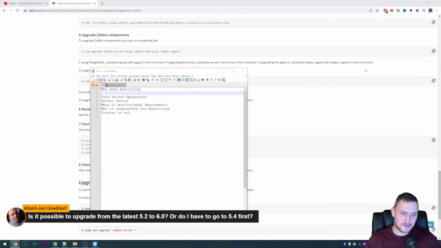And starting with Zabbix 2.2, there is an automated upgrade, so you just download the recent 6.0 and run the upgrade. But of course, it's still very complicated. You really must go and check all the release notes for all the versions of Zabbix to be aware, because if you're upgrading from 2.2 to 6.0, that is going to be an absolutely different product, and you will not recognize it at all. So it's beneficial to do the reading and check the release notes and stuff like that.